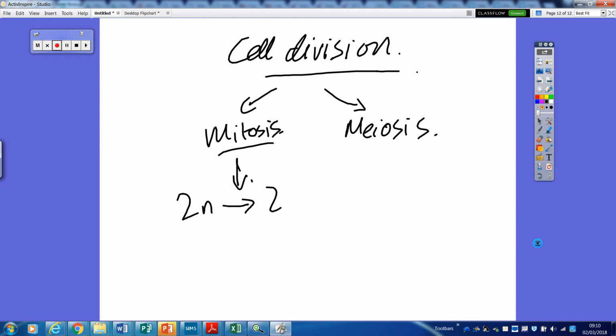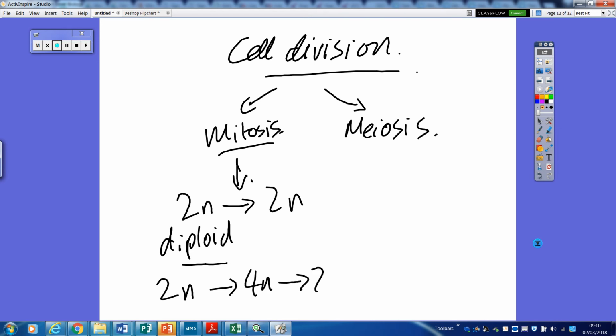So you might have seen this number, which represents diploid. That means you've got two sets or two copies of each chromosome. That's going to produce a cell that is also diploid. Okay? Now I have seen exam questions here, sometimes in diagrams. The biological processes paper from last year had a diagram that kind of showed it like this, which represents that in mitosis, as we'll look at in a second, all the chromosomes duplicate first and then split apart. So if you see that representation there, that's representing the fact that all the chromosomes duplicate. We'll talk about that in a second.